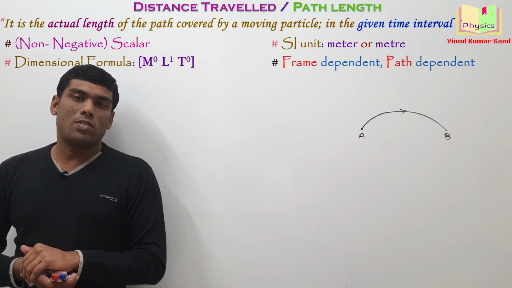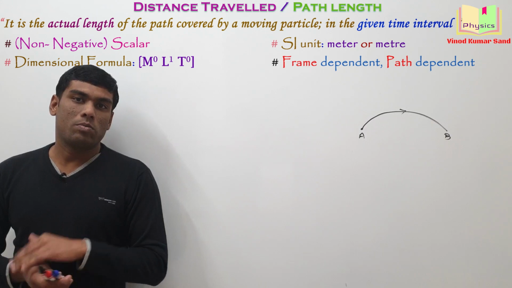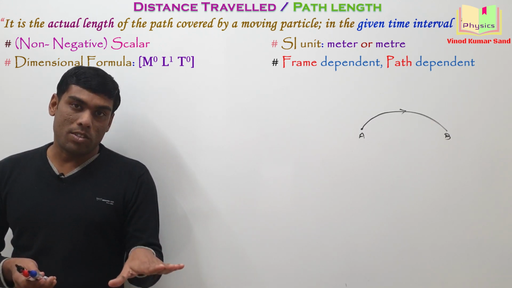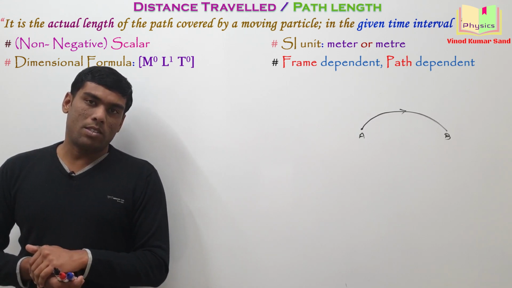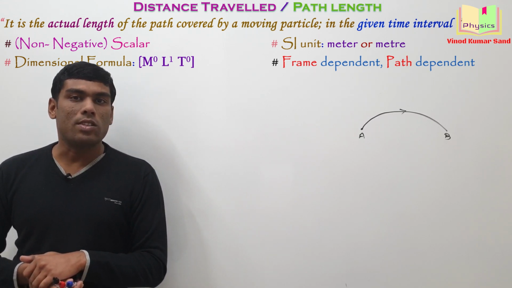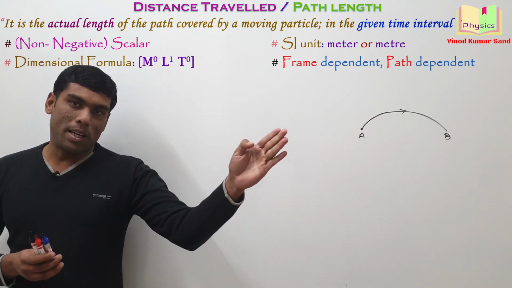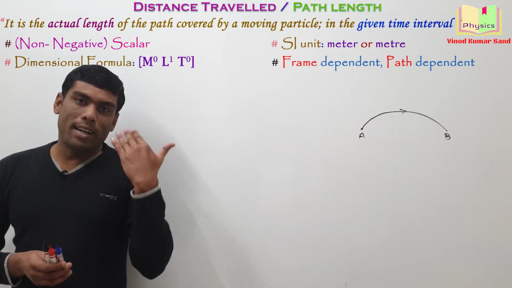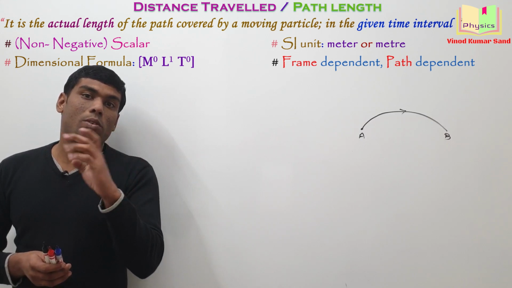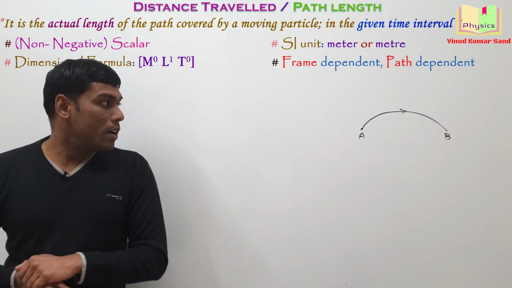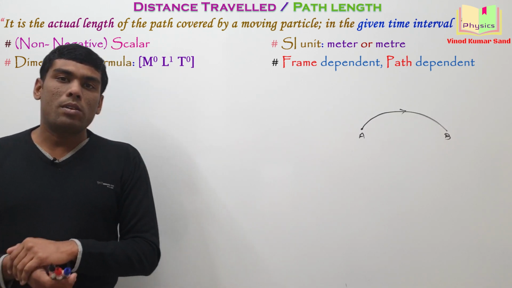How much is the distance traveled by your luggage? If you keep on looking at your luggage, it will appear at rest. So for you, the distance traveled by that luggage is 0. I am standing on the platform and I see the train passing by the platform. Then I'll get the non-zero distance traveled for the same luggage. Understand that thing? Okay.